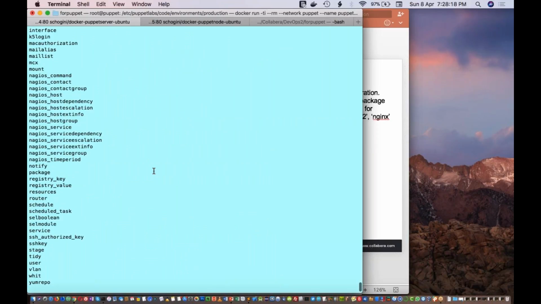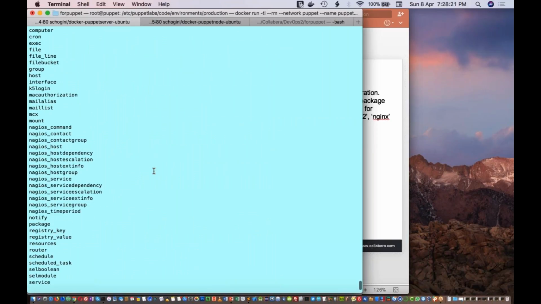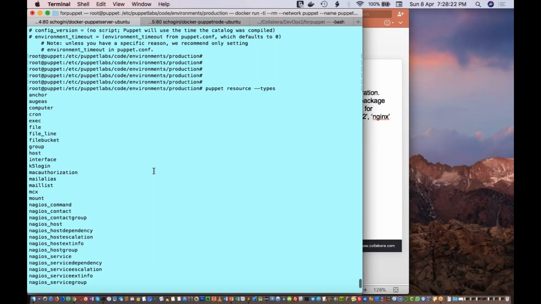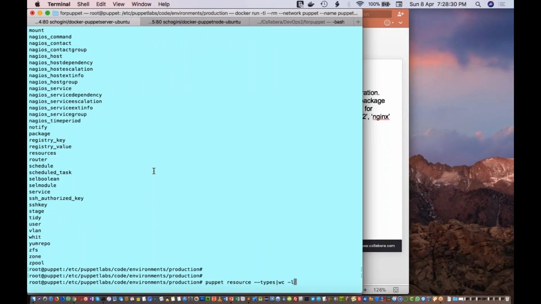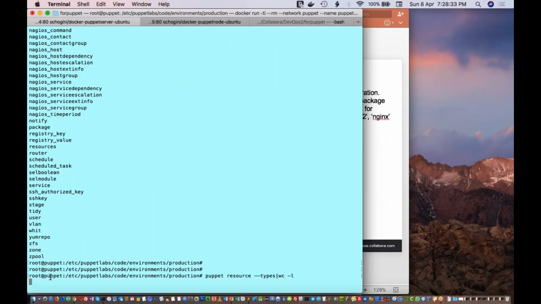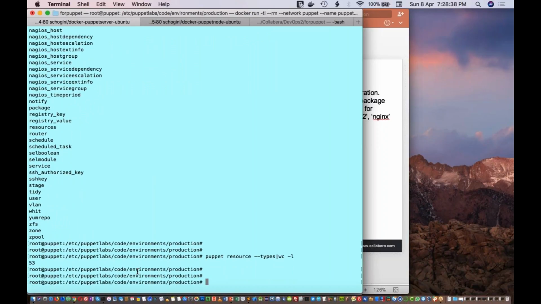See, these are the list of resources available. If you want to get a count of that, let me check the number of resources, and you can see that there are 53 resource types.